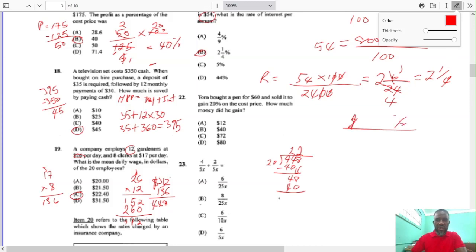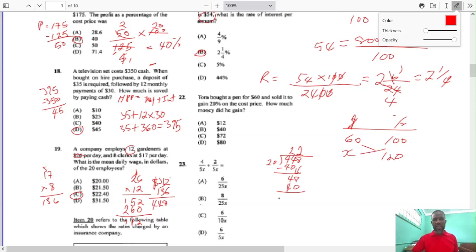The cost price, which is $60, we will assign that 100%, because we don't know what the selling price was, we just simply know that he sold it to gain a profit of 20%. So therefore we're going to assign it as 120. Okay, so if we should basically cross multiply,